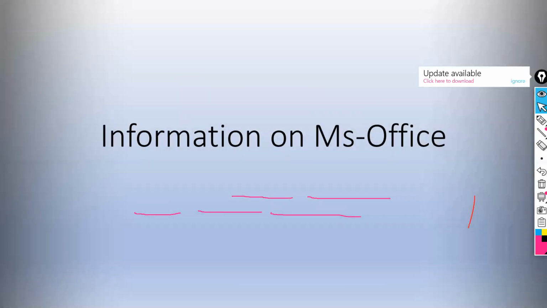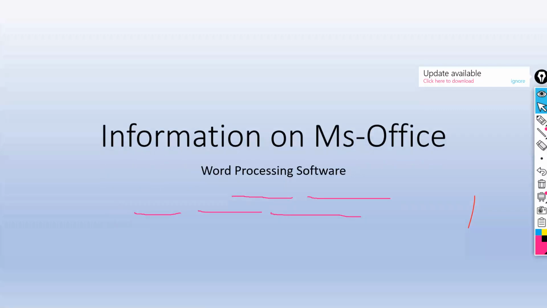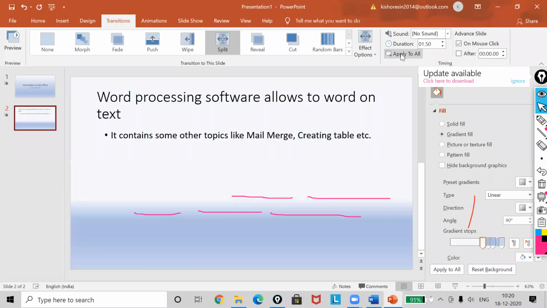Watch it. First one, have you watched? Again, I'm showing you. This work is already done on the first one. See, this is the effect. This is the transition effect. This one is the custom, yes, this is the animation effect. This one is also the animation effect. Now this is the slide transition. This effect. Okay. Now then it is my custom animation. Okay. So these are the effects that you can apply to your presentation.